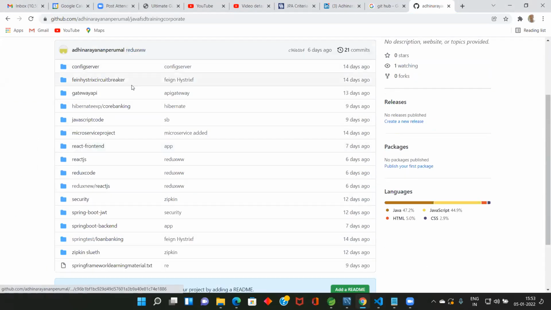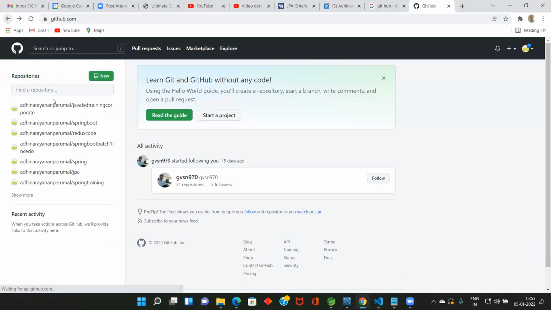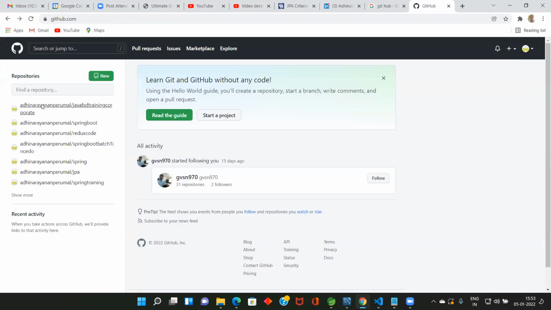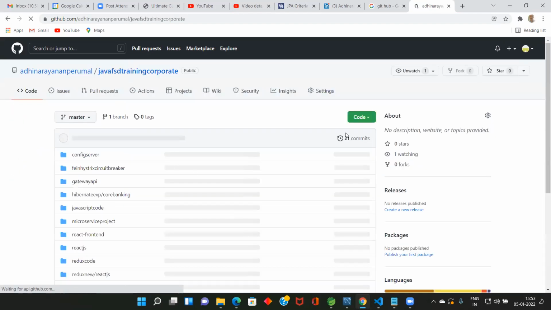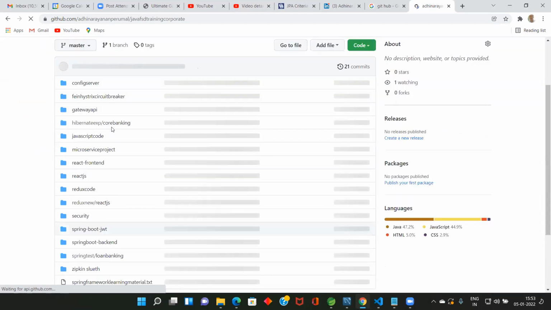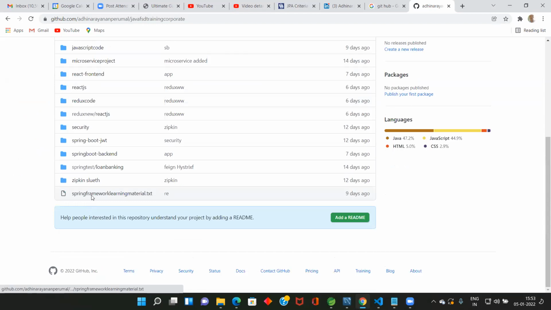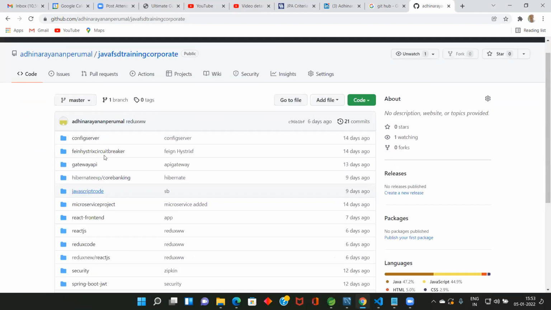Spring code, JPA code is here. Java first. I'm going to upload JPA code. See here, JPA code is here. But anyway, I'll upload my code here. Java first. Okay, so I'm going to upload my code here. I don't have the code for Hibernate. I'm going to upload the code here. So before that, what I should do, I should pull Git.